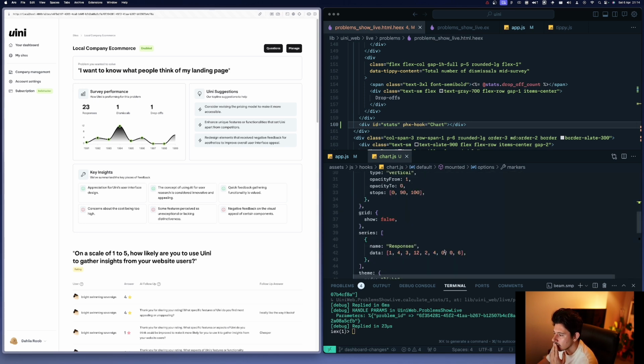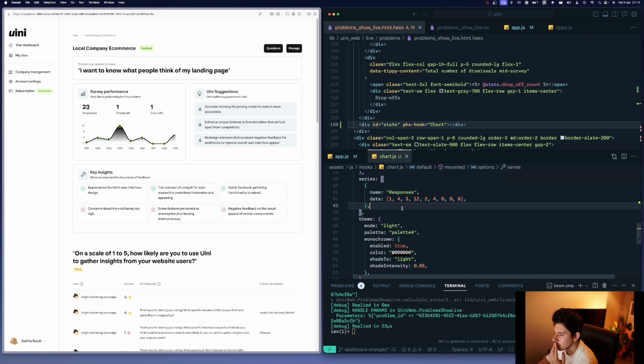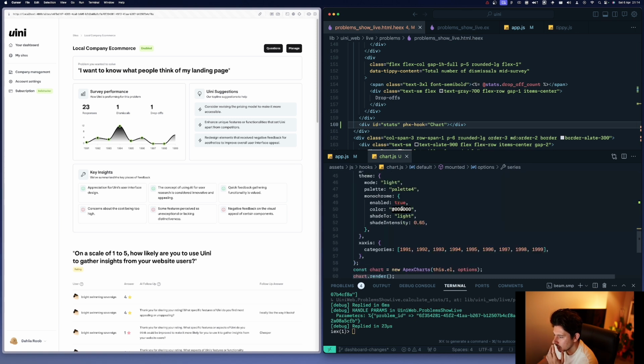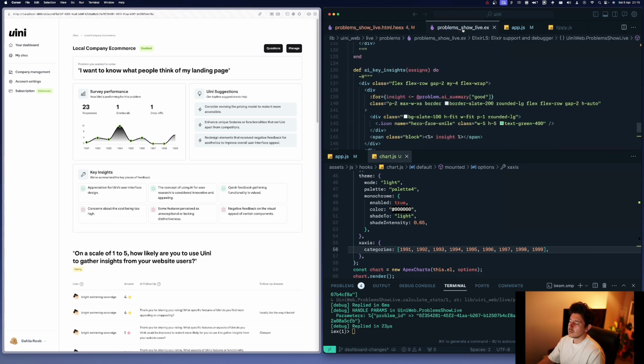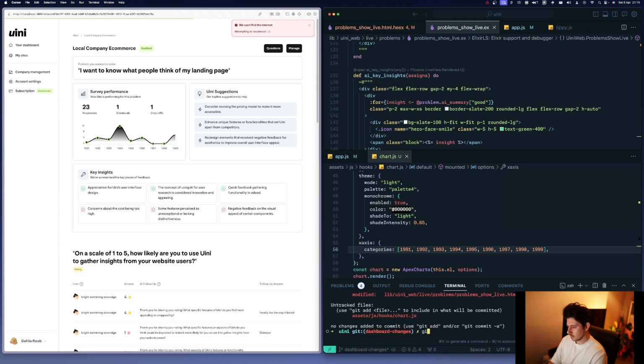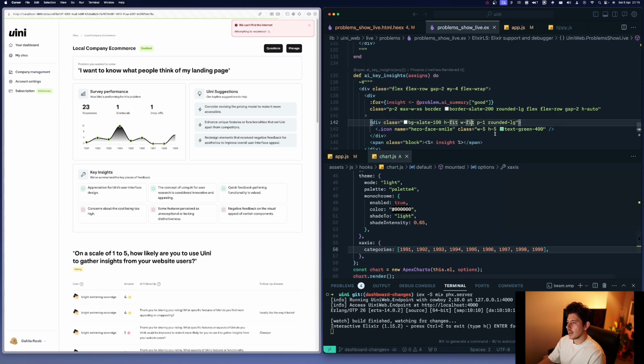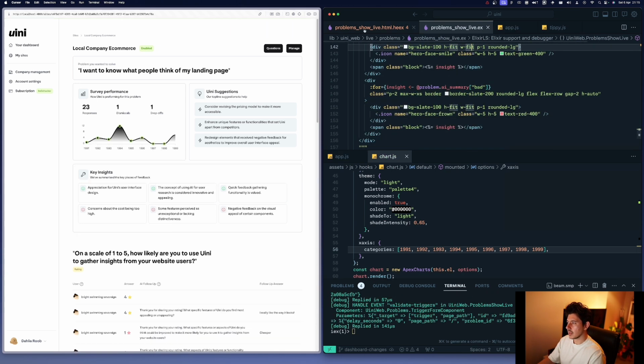But I actually need to pass the data in correctly. So instead of this, I need to stick the data and the categories in something. So, alright, let's do this. Let me commit this. Then what I need to do is actually build the data for it. So if I go to